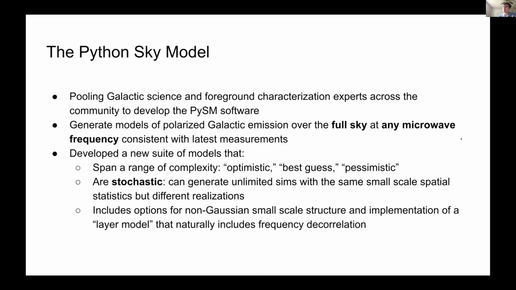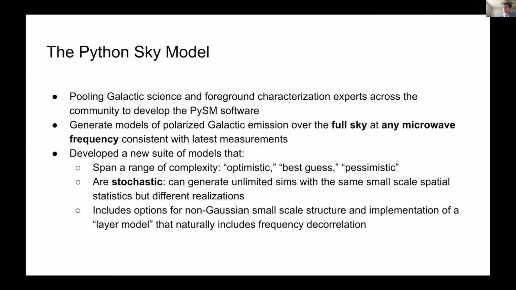well, if we're going to have a credible model of dust or synchrotron or whatever, then it really should have these sorts of features. So bringing in this expertise to define a new suite of models and to implement new functionality into the software. So we've currently proposed a suite of models that goes from optimistic, so the simplest parametric models you can think of that are consistent with current data, to a best guess model where it's a bit more motivated by the ISM physics, the kind of complexities we expect to be there, and then pessimistic